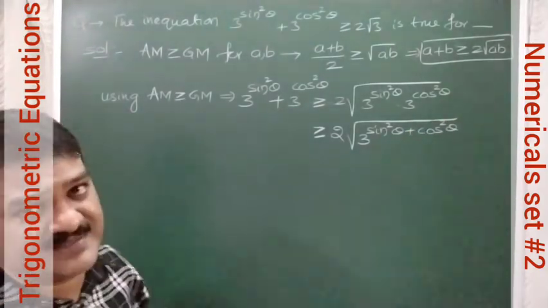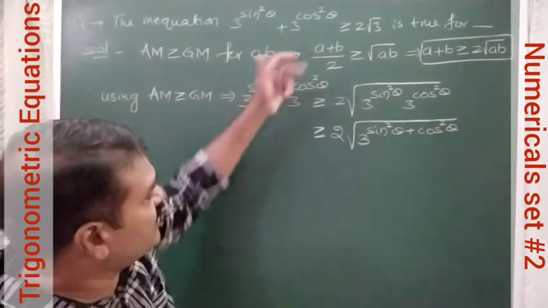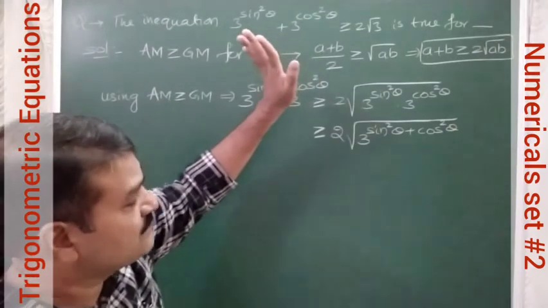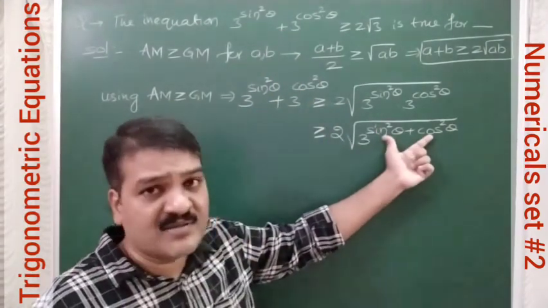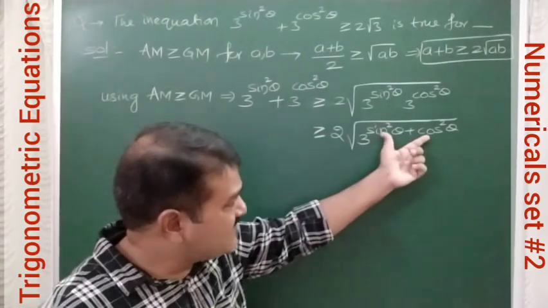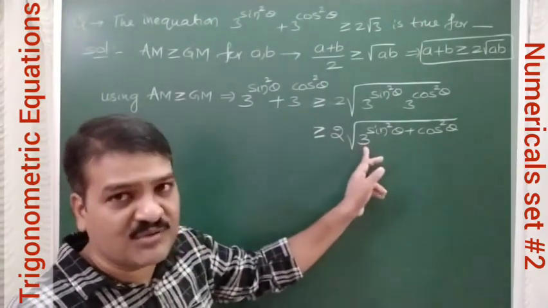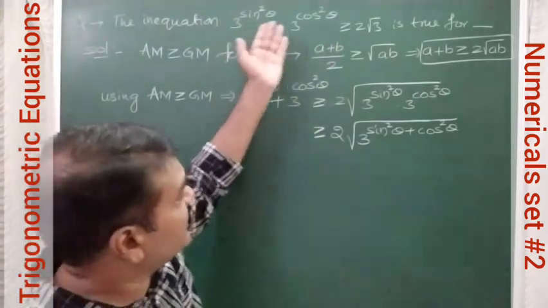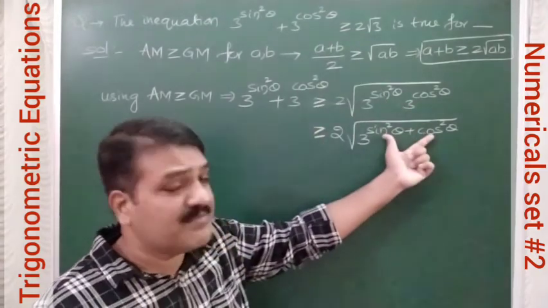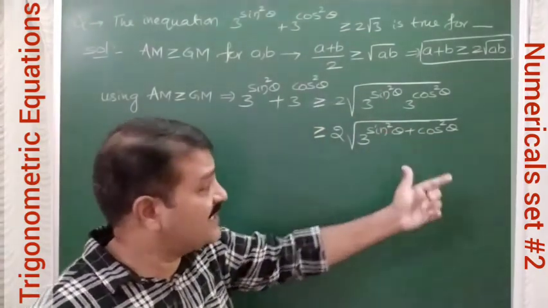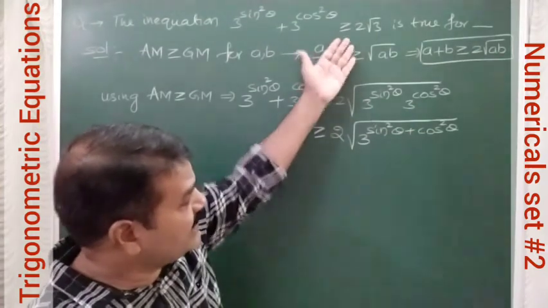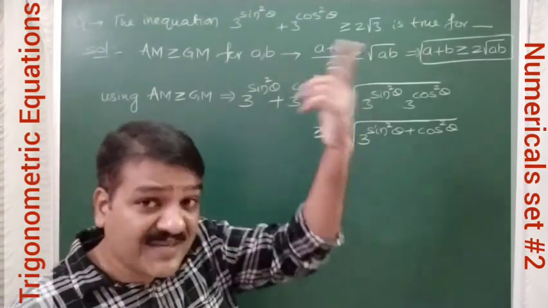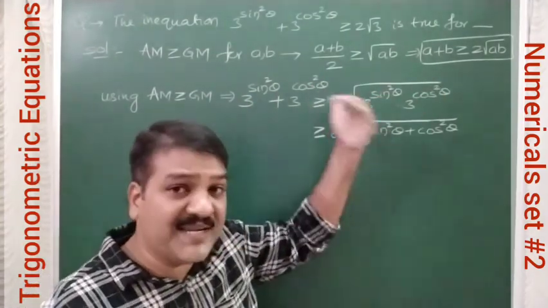Now see the question once. The LHS part we already got here, greater than or equal to the RHS. Just observe. You know that sine square theta plus cos square theta is 1. So if this is 1, what will we get? 2 root 3 only, no? So we get the same inequality here. Therefore to get this inequality, this must be 1 for which values of theta. If this is 1, automatically 2 root 3 you will get on the right side. So what is the question? It is true for which values of theta. If this becomes 1, you are getting the inequality.